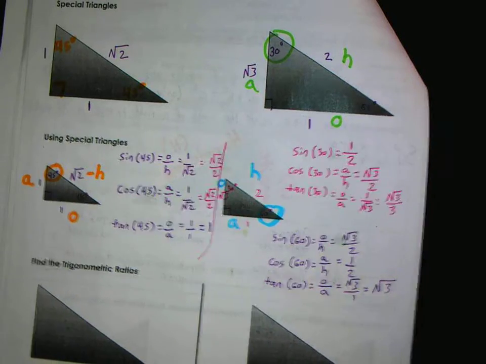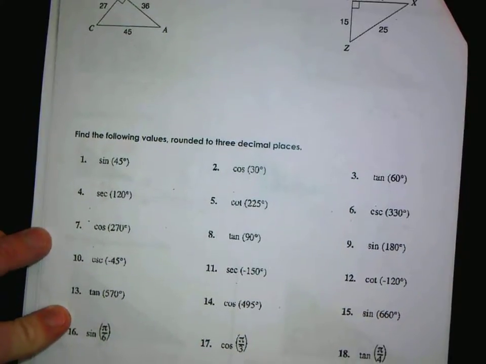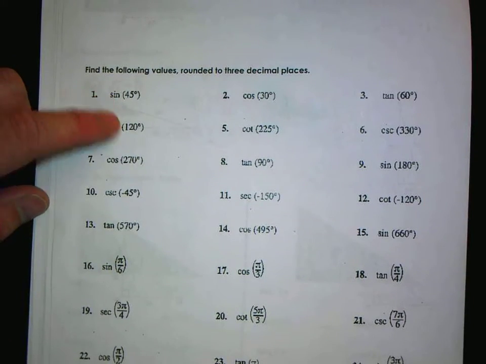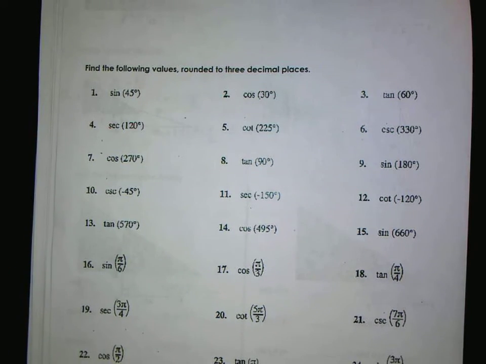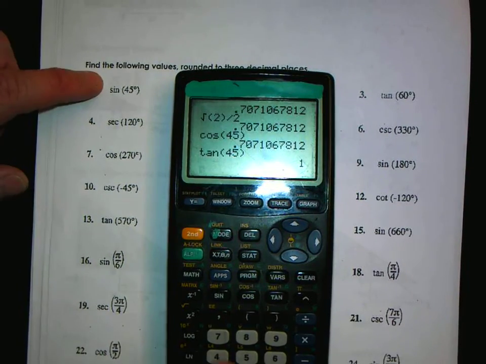So what I was talking about earlier was, and this is going to be your homework, I'm actually okay with you using decimals to 3 decimal places. So like sine of 45, sine